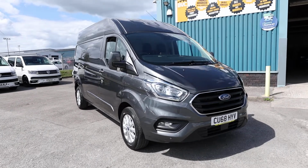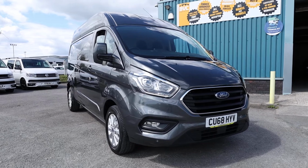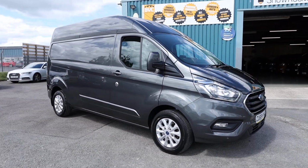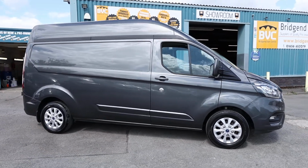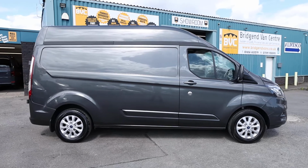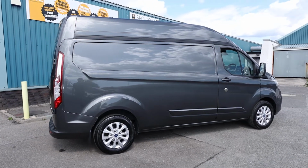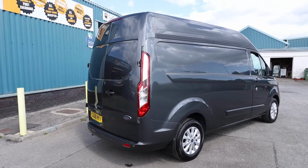Here we have for sale our 2018, on a 68 plate, Ford Transit Custom 300. This has got the 3-ton gross vehicle weight. This has got the 2-litre EcoBlue diesel Euro 6 engine, producing 170 brake horsepower, accompanied with a 6-speed manual gearbox. And this is the L2H2, or long wheelbase high roof limited panel van, finished in the fantastic